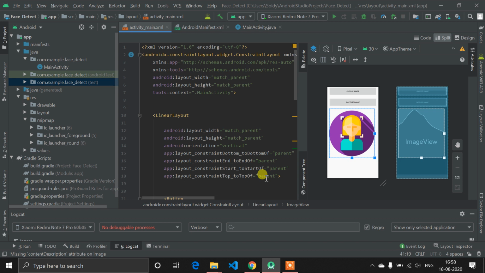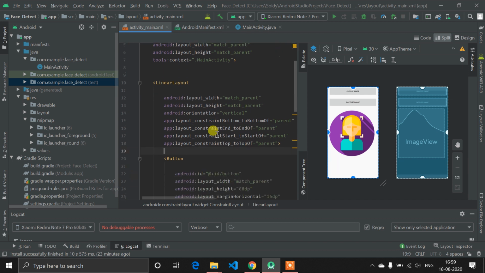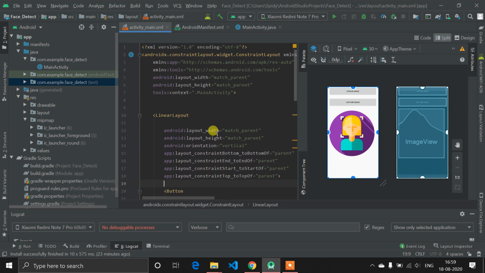If you are interested in designing, you can do much more. But machine learning engineers, or people interested in machine learning and AI, cannot do much better in web development. Yeah, this is true for me. I am not interested too much in the designing and web development part. For me, designing is boring. I have just created a very simple design, so let's ignore it. I will put a linear layout.